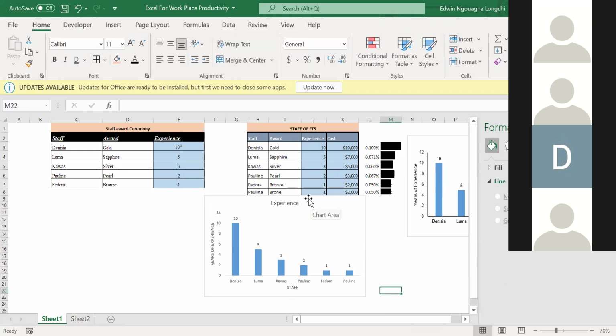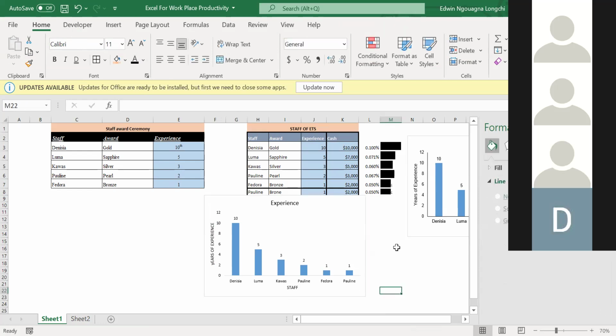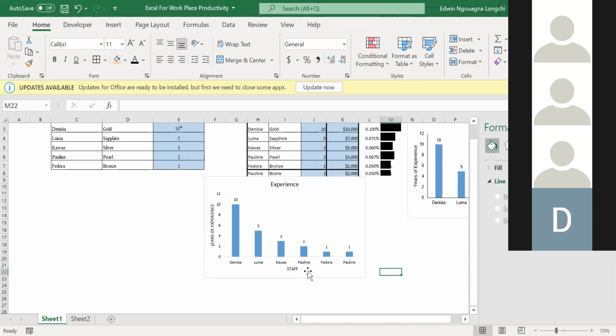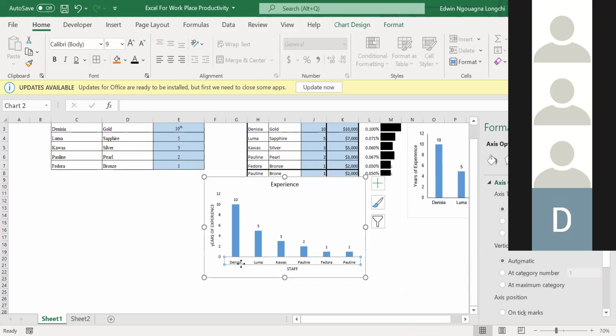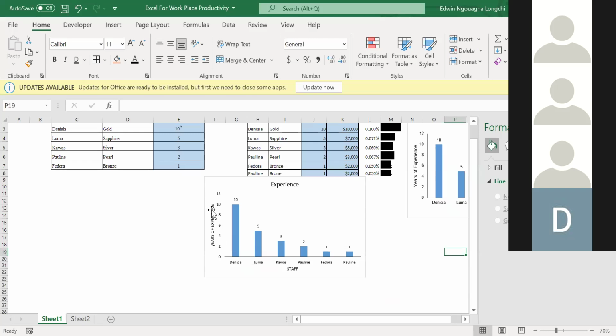Right. So that's what I did, and I came here and chose this one. Then for the lines, for the y-axis and the x-axis line, I click on the names, just click, and then I come to this color wash here, fill and line. Then I chose line. Then I came to solid line. Then I chose black. This is my personal way of formatting my data.